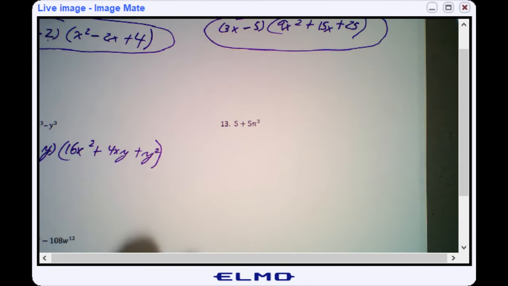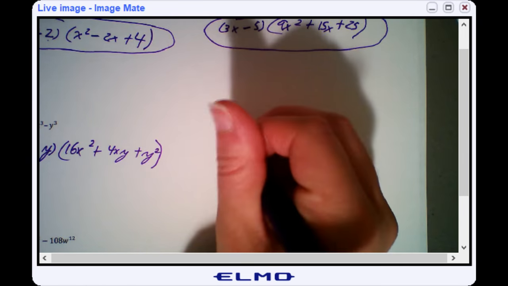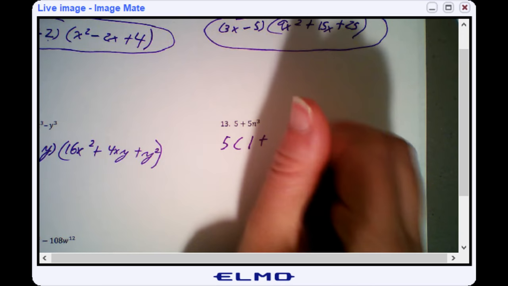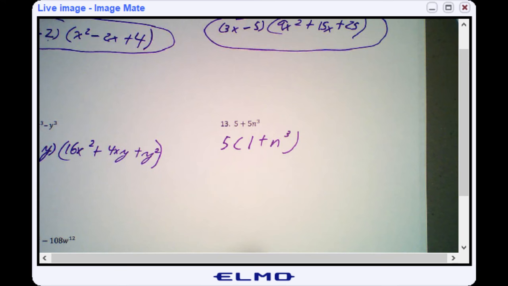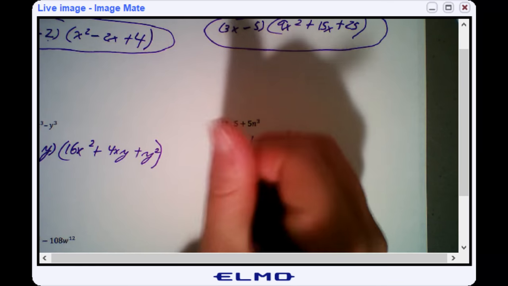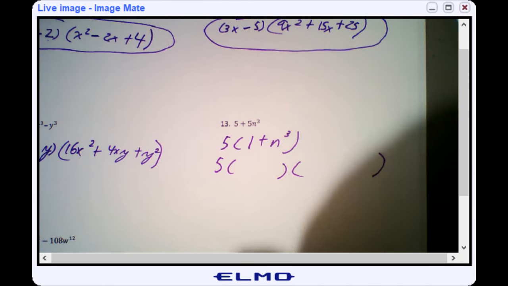When I look at 13, I see, oh, there's a GCF of 5. So I'm going to pull that out first. 5 divided by 5 is 1. So we get 1 plus n cubed. And then people always assume that's not perfect cubes. 1 is on our perfect cube list. N cubed is a perfect cube. So I can go one step further. There's small parentheses, longer parentheses. Cube root